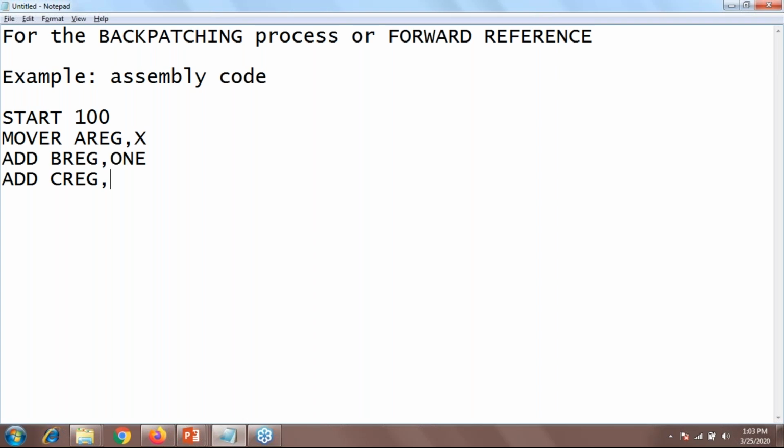Those are all the declaration statements: the declarative constant value of X is 5, and the value of the variable ONE is 1.